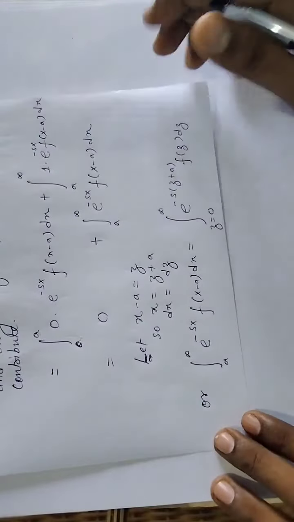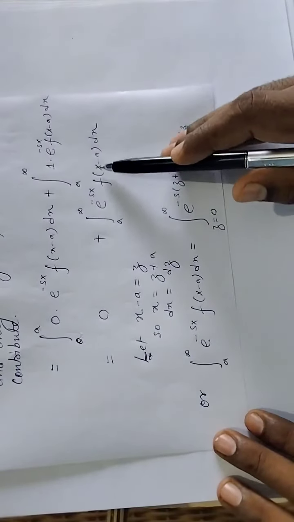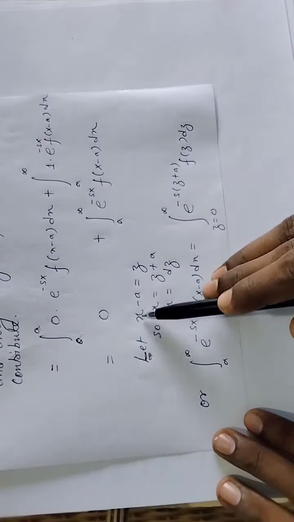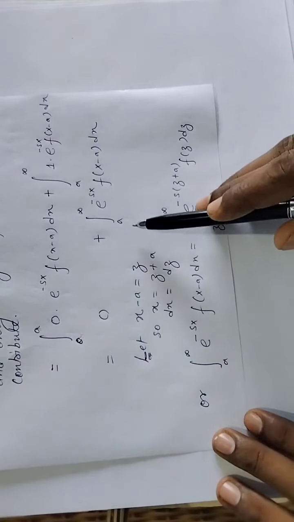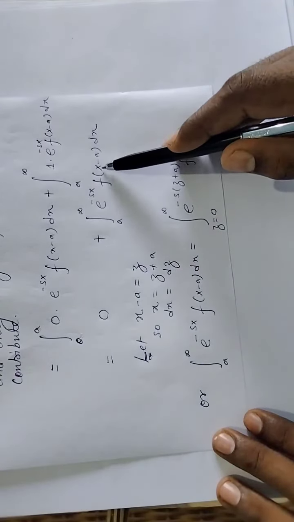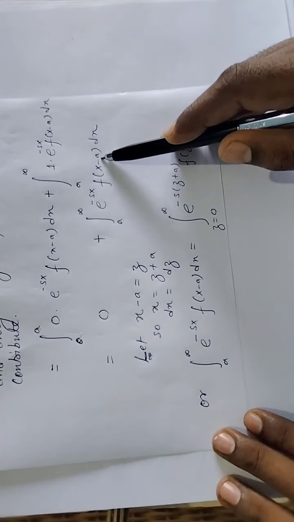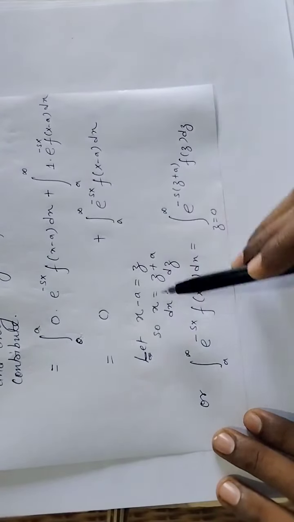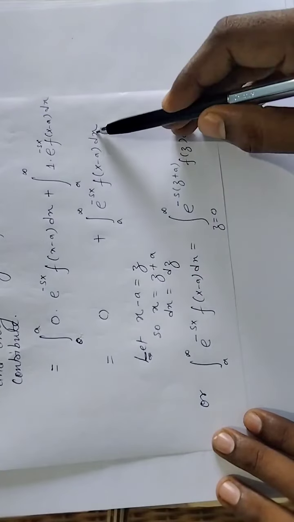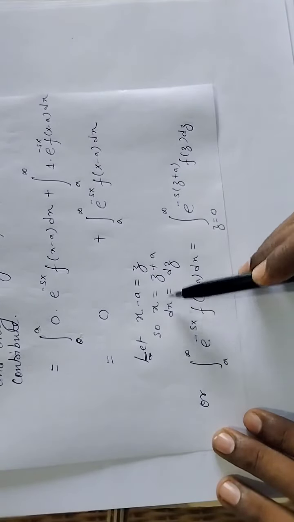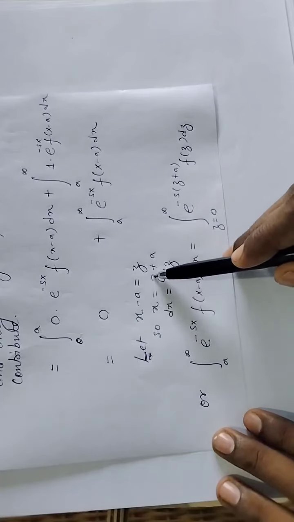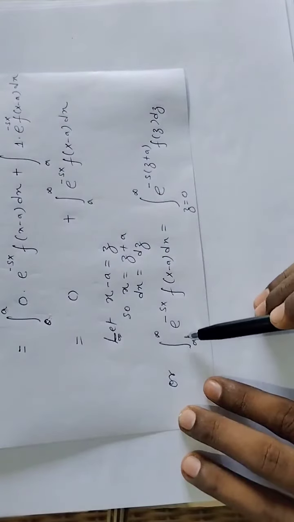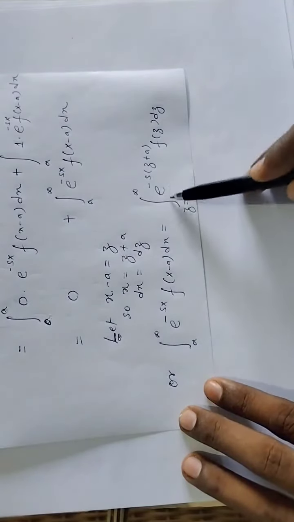Now you see we are doing a change of variable here. We are redefining x minus a as z. So z is our new variable, and what is z? x minus a. Our aim here is to replace x minus a with z, or in other words, I want to replace x with the z variable. So wherever I see x, x will be replaced by z plus a, and dx will be replaced by dz. When you differentiate, dx will become dz, since a is a constant, its derivative is 0. So after replacing, you see this form becomes this.